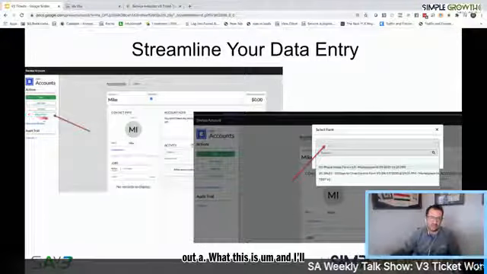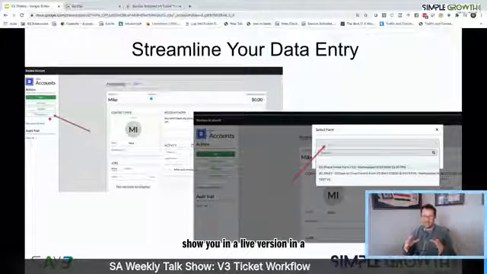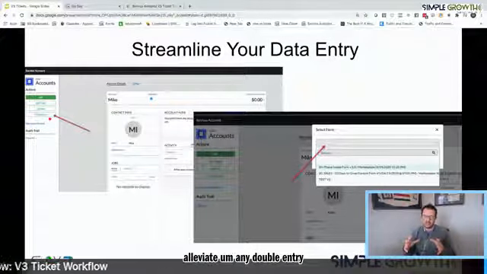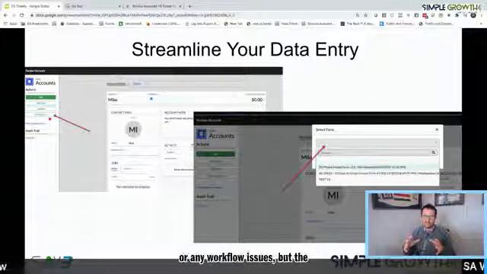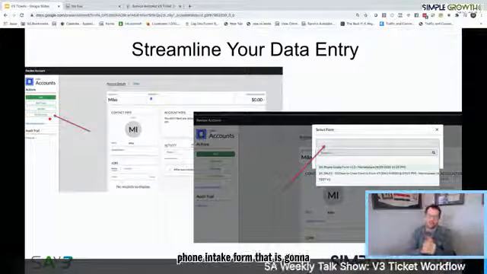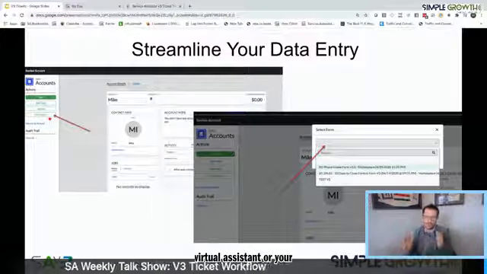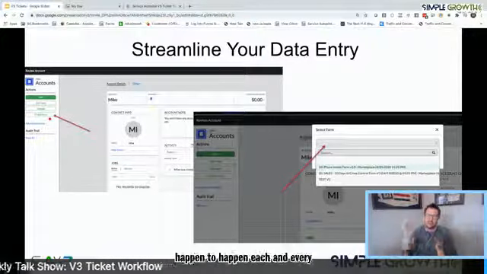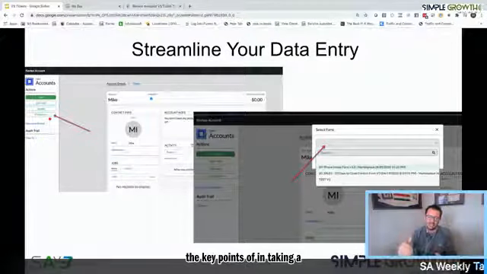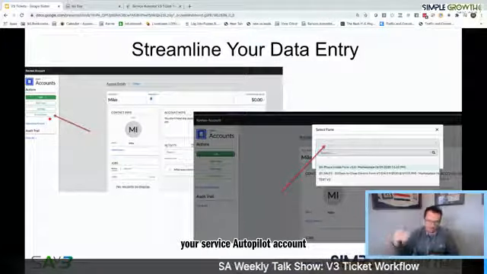We'd fill out a form. And what this is, and I'll show you in a live version in a second, this form is to alleviate any double entry or any workflow issues. But the idea here is we've created a phone intake form that is going to be standardized for your virtual assistant or your internal office. So what should happen happens each and every time, and they're hitting all the key points of intaking a lead,